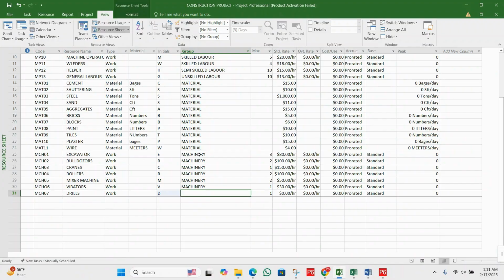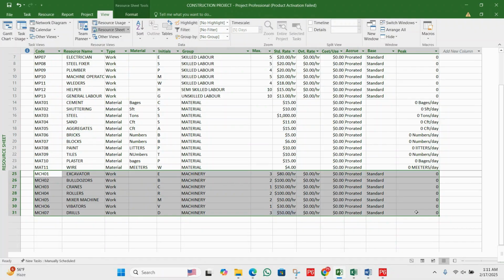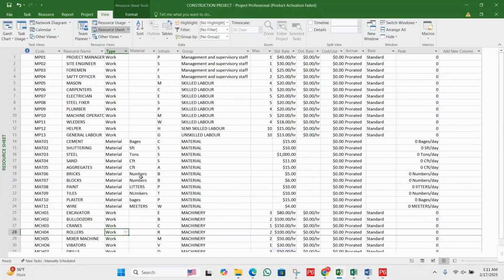Machinery is also enough. Actually, okay, drill. Let's suppose three drills. Okay, so let's put here $50 per hour rate. Okay, so I just took a few examples for 3M, manpower, material, and machinery, and I have